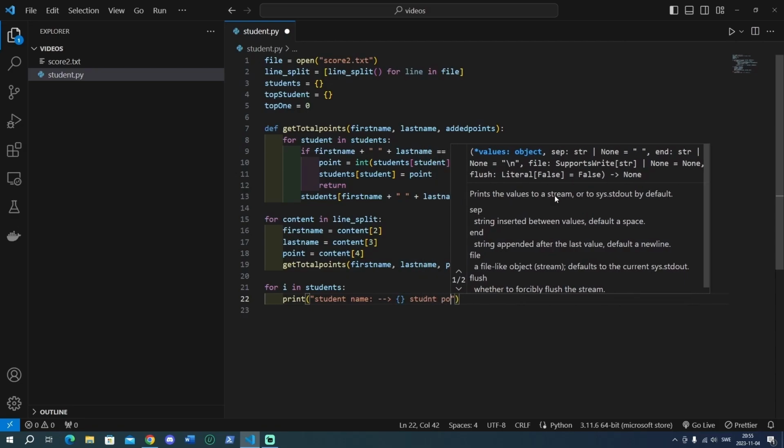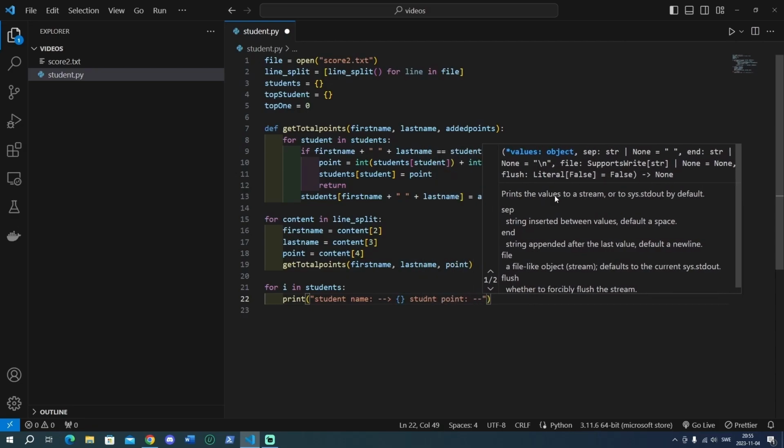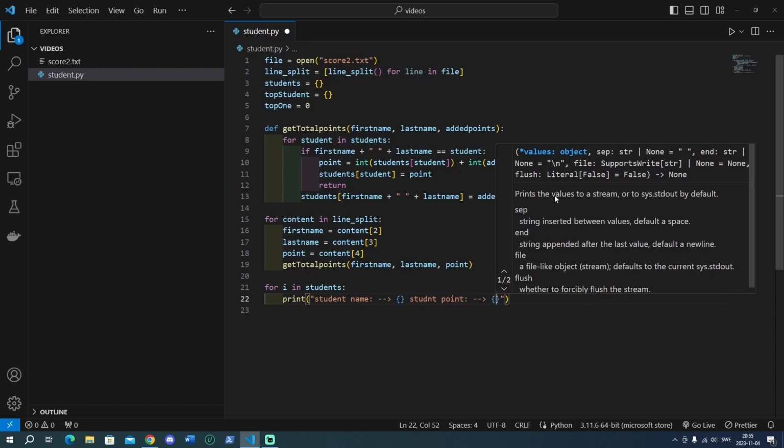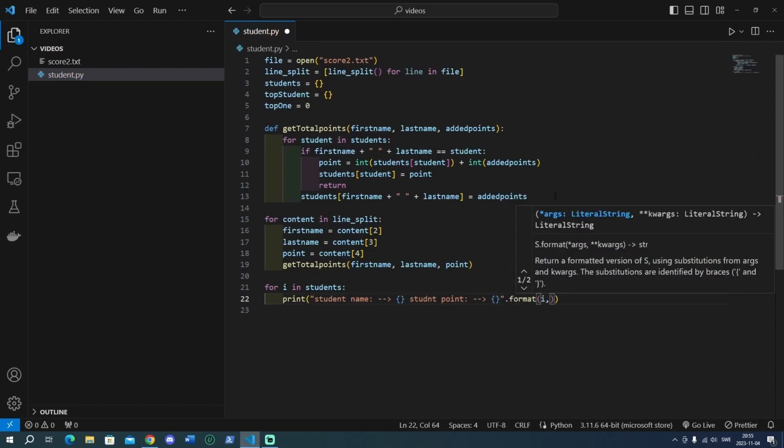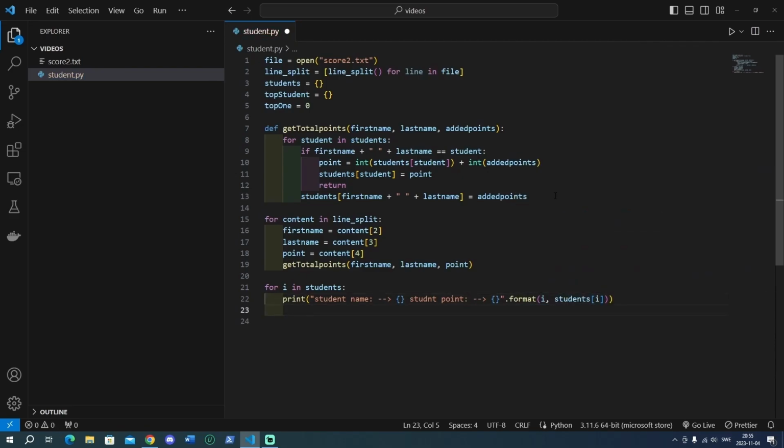Get point total. For E in student, this line starts a loop that iterates over the keys in the student dictionary. Then print student name: inside the loop, this line prints the name of the student by the key and their points,